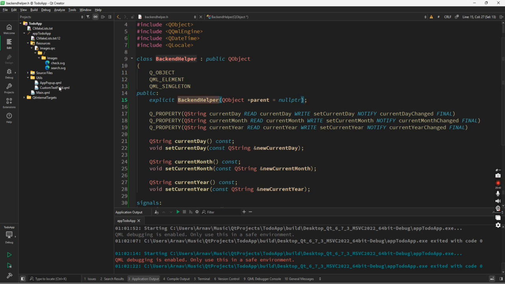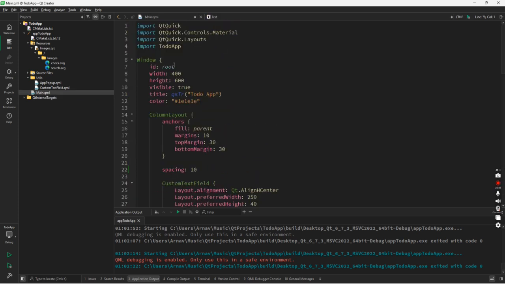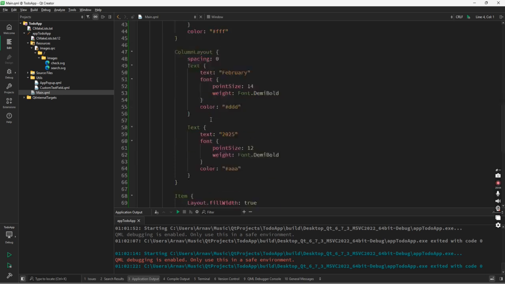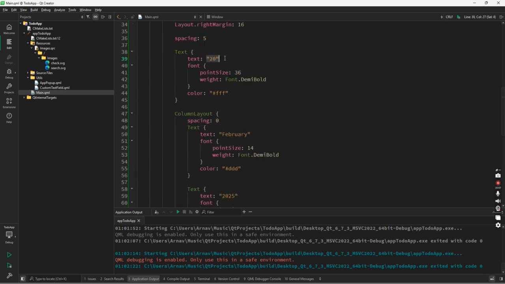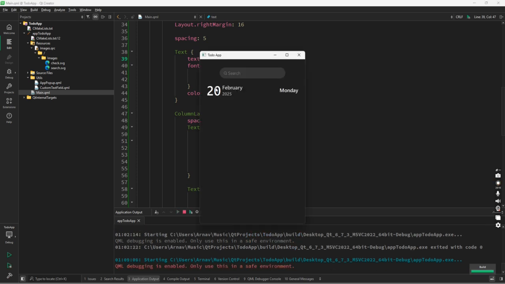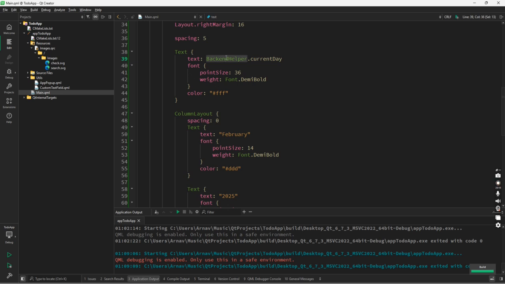Now we have to use the backend helper in the main.qml. So import the module which is Todo App, which we have already done. Now we can use backend helper. So instead of 20, it will be backend helper dot current day. Let's run the application once. And it's still 20. Now for the rest, I'll say backend helper dot current month